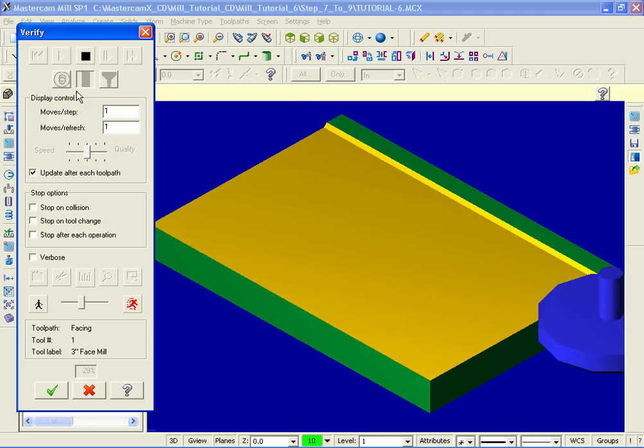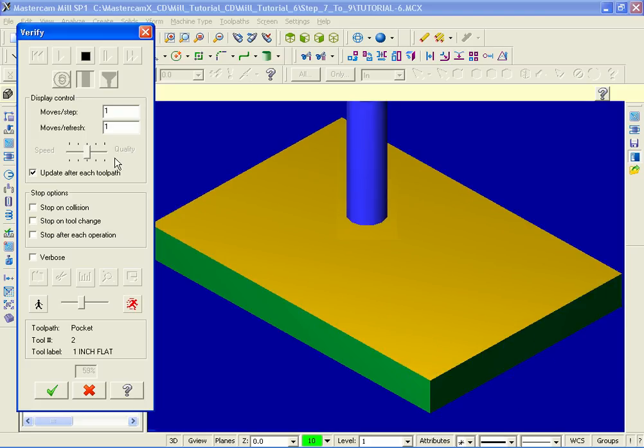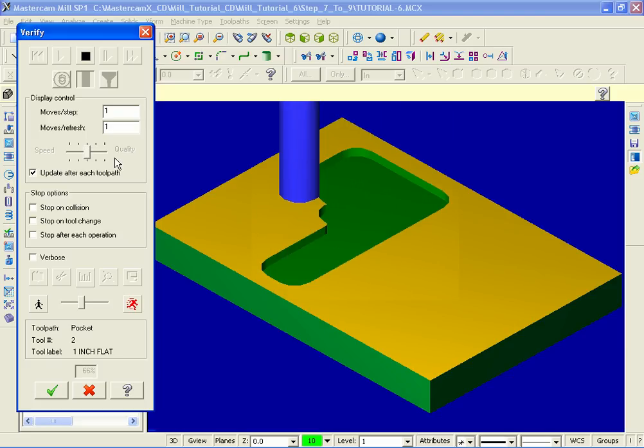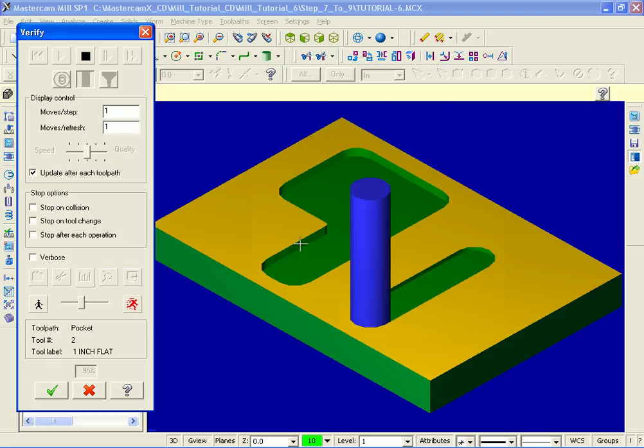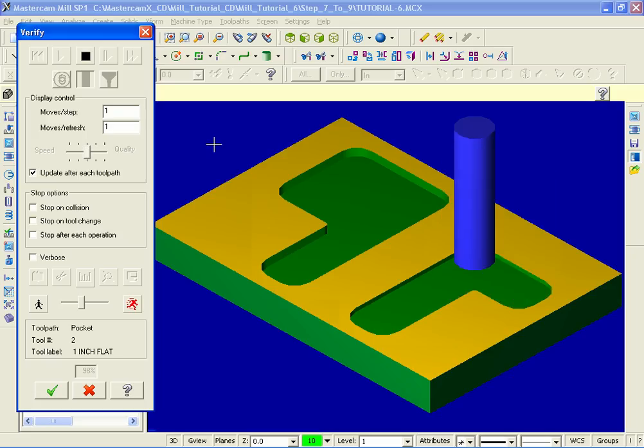So there's our facing operation, and up next is our 1-inch diameter end mill, and this is a roughing operation, and we're leaving 30 thou on the walls of this pocket. I'm going to pick OK,